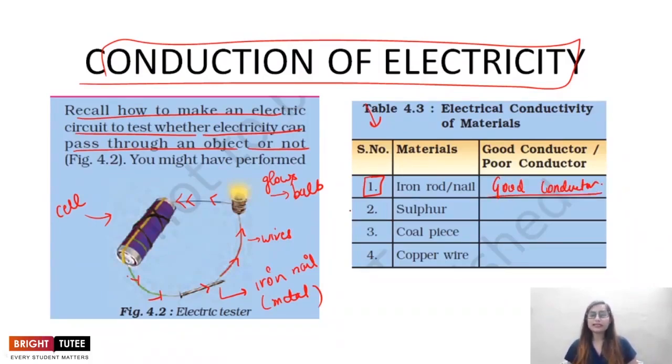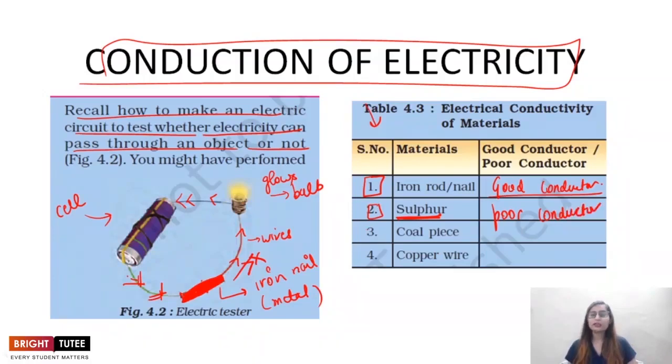The second example is, instead of this iron nail, we are taking sulfur, right? Imagine this to be sulfur now. Now sulfur is a non-metal. The electric current comes up to this end, but it is not passed on because sulfur does not conduct electricity. So the bulb does not glow. So it is a poor conductor,